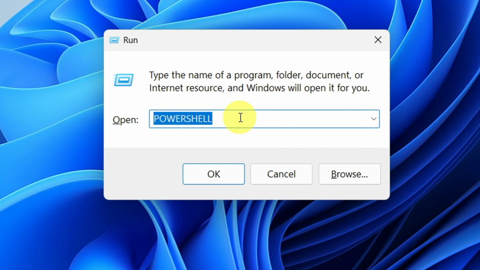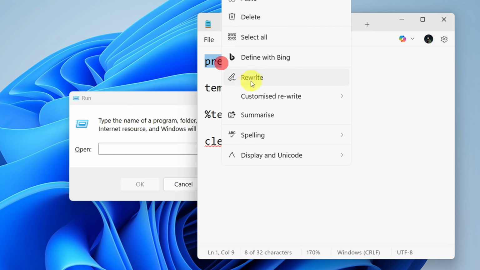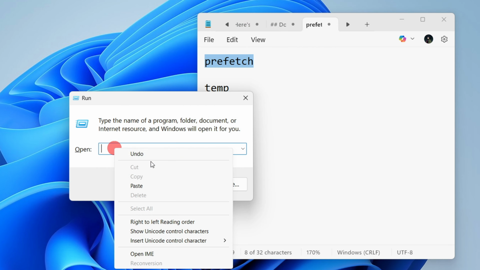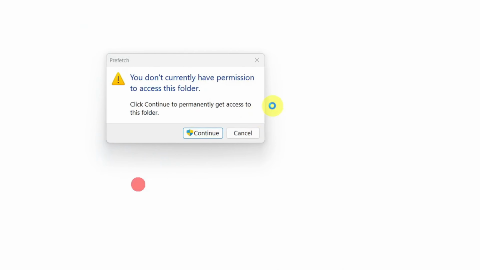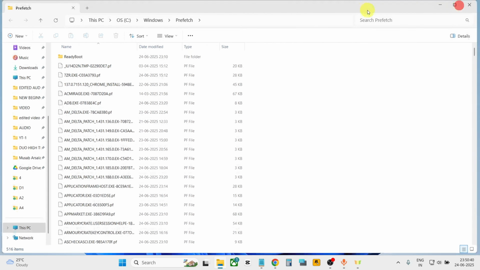Now in here, type prefetch. You'll find the commands in the description. Copy this and paste it here. Press OK. Now from here, tap on continue, and